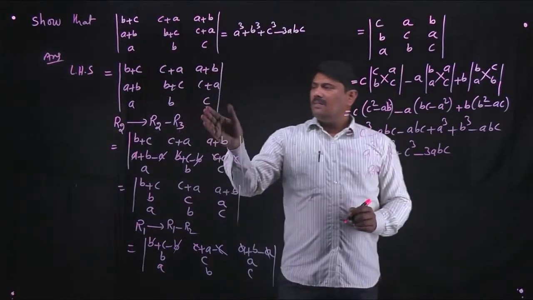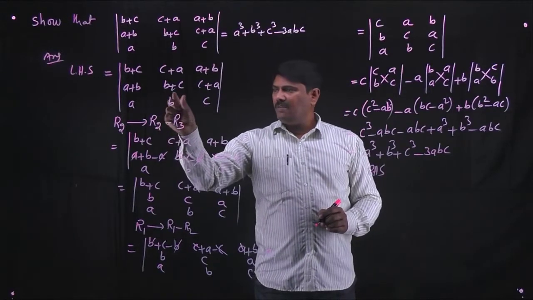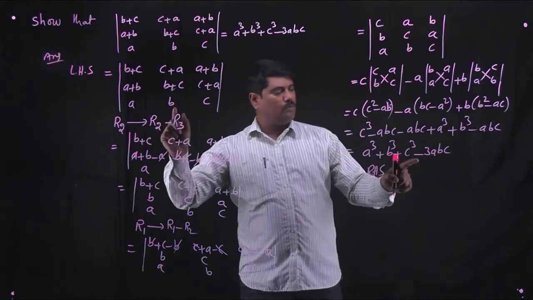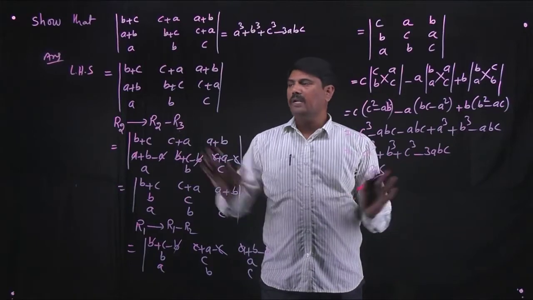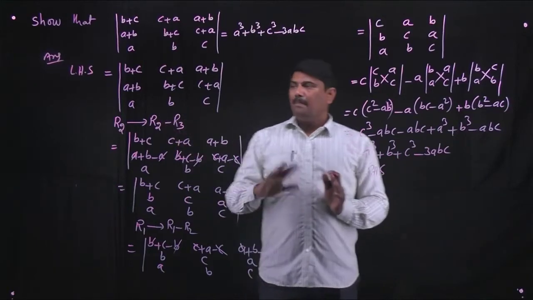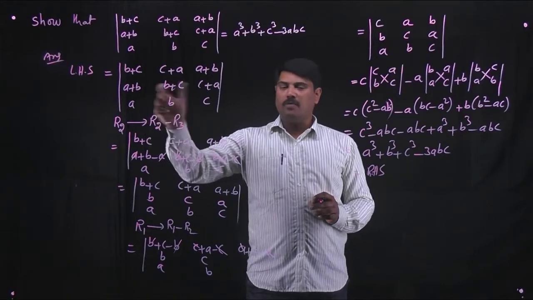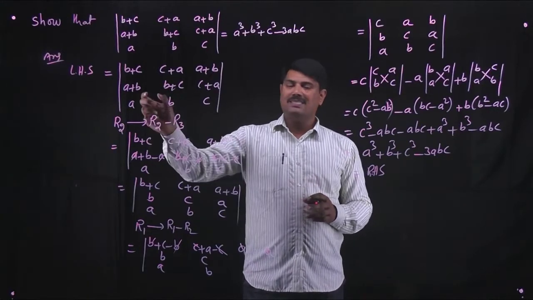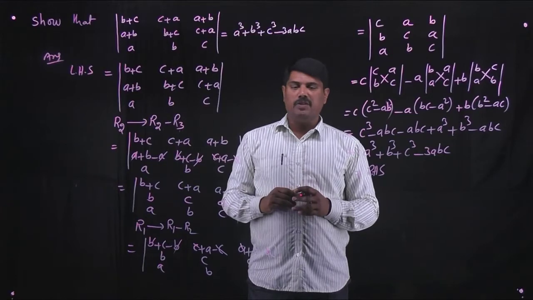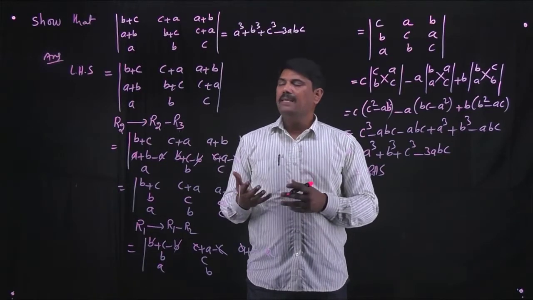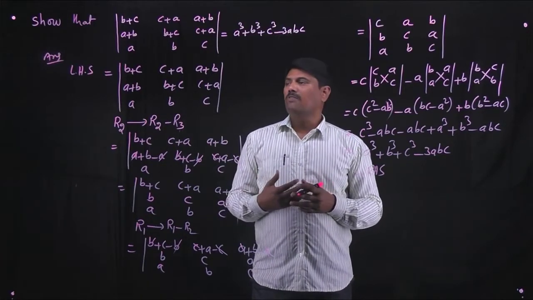So expanding the determinant from this step also, you will come to this step. No problem. You can do in that manner also. But there you have a lot of general calculation, product of brackets, various brackets, there may be some confusion. So instead of multiplying, you may get a wrong value there.